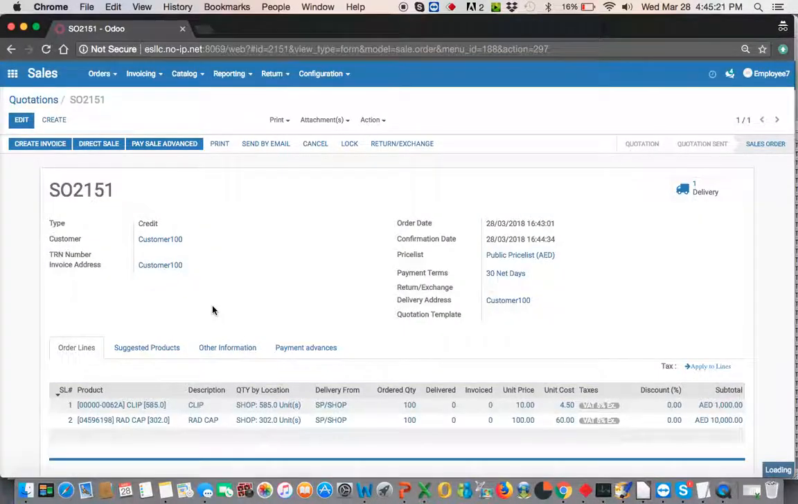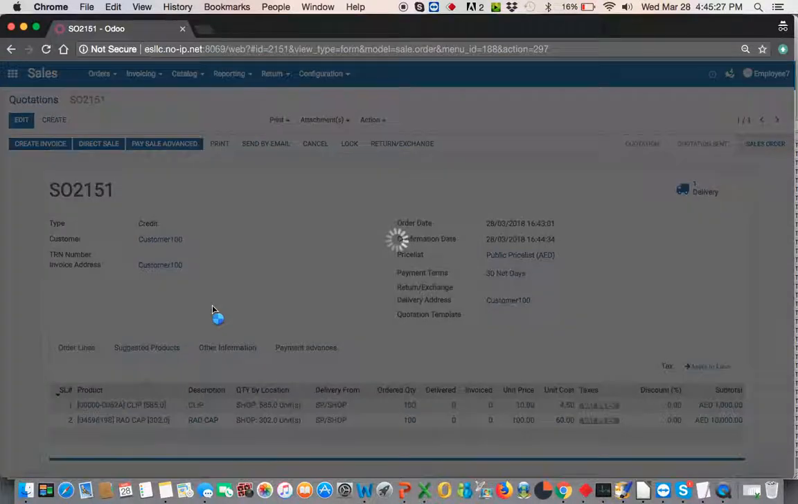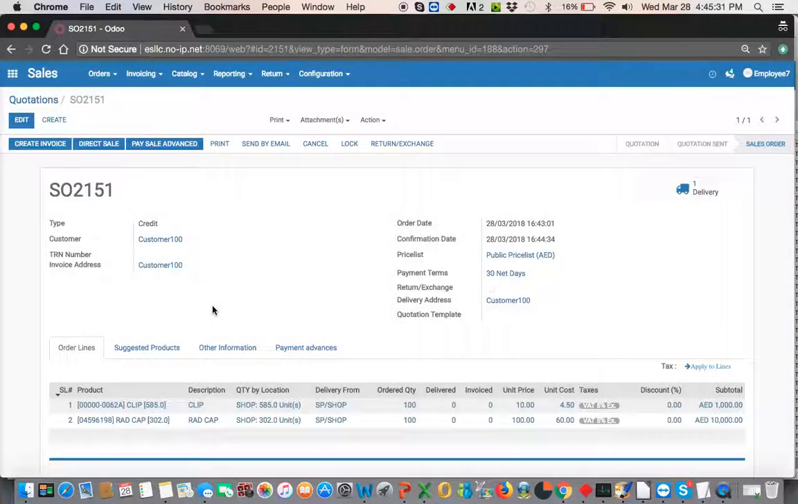So this advance payment has been booked. The accounting entry has been made in the back end. Now we will have to deliver these goods to the customer. In order to make a delivery, we can go here in the sale order. We have a tab called delivery. Once we click on this delivery tab,